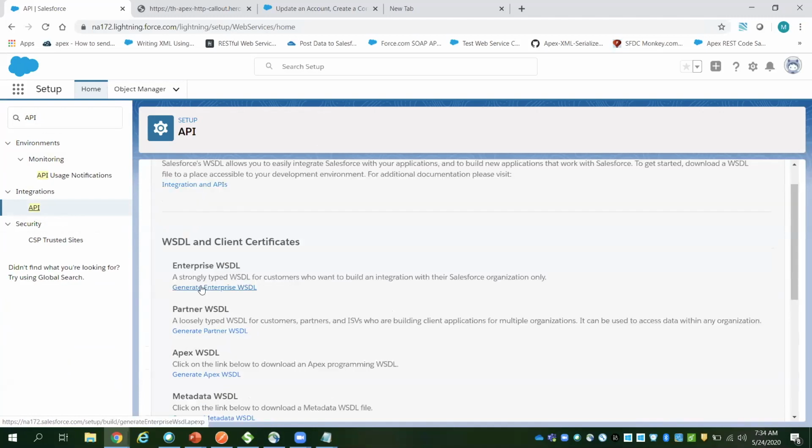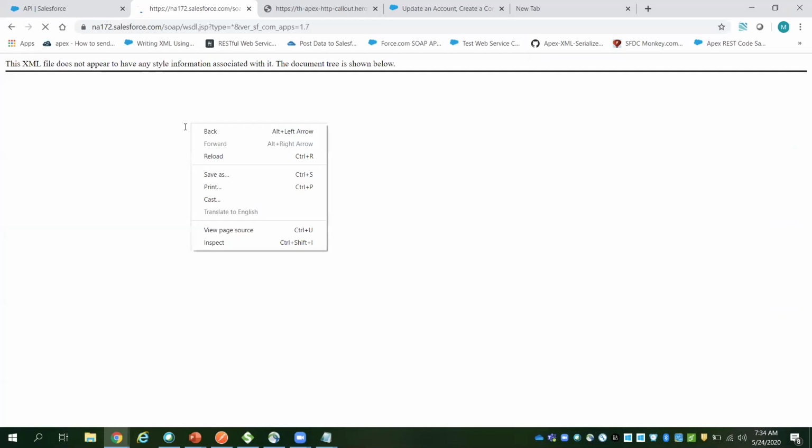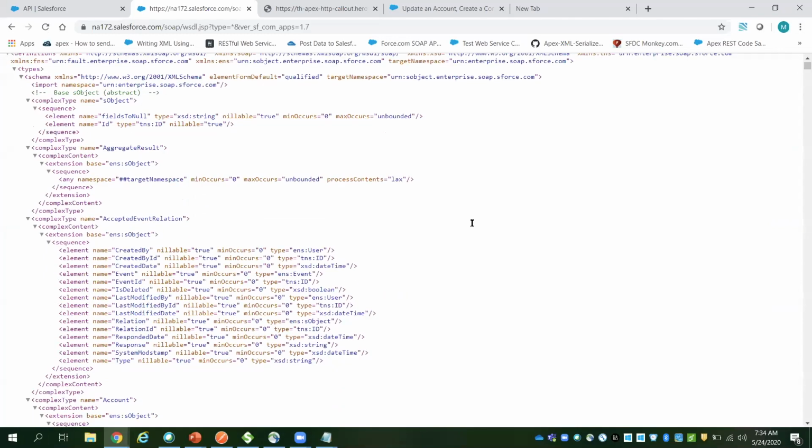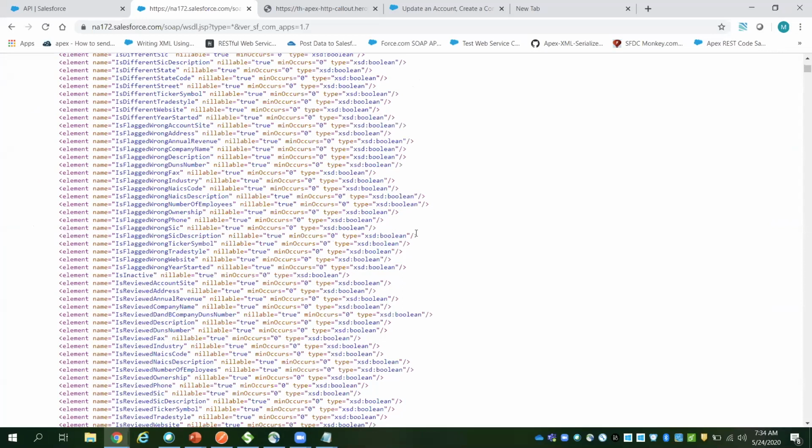If you see here, generate enterprise WSDL, generate. Whenever you update some code or there is any major release, you want to store this as an XML format. This is the WSDL, the entire Salesforce metadata they are giving in the enterprise WSDL.